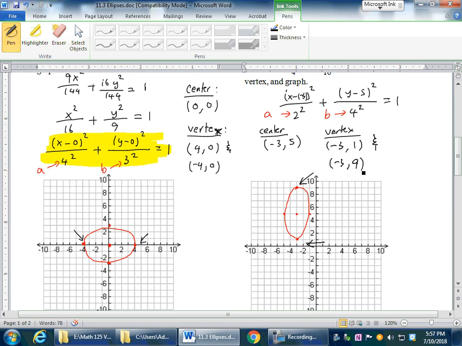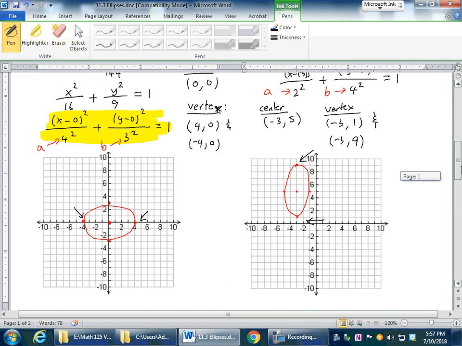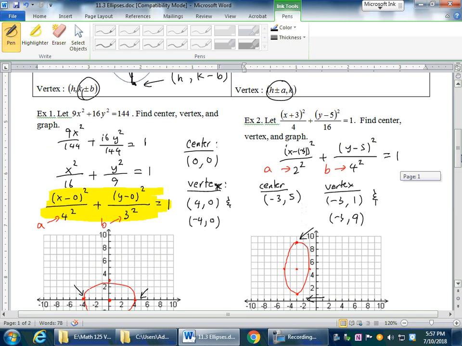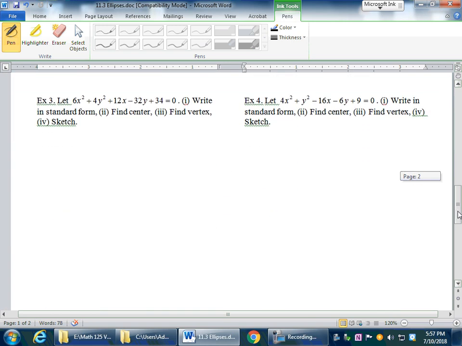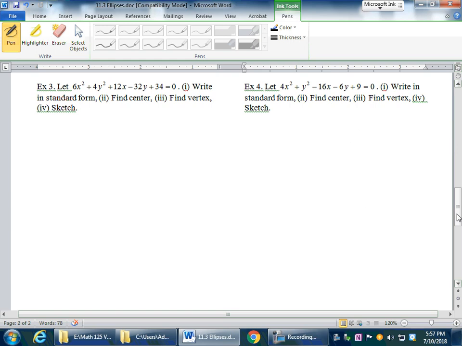Let's take a look at the last two examples, which are not given to you in standard form, but they give you in general form. So you need to do the completing the square like in circle to get into standard form. So the first question is asking you to write in standard form and then find the center, then find the vertex, and then sketch. So standard form,